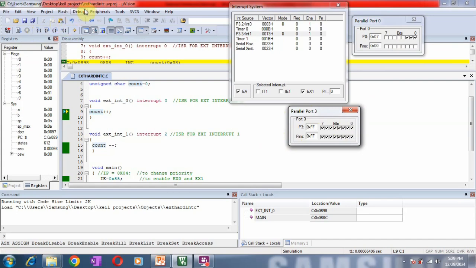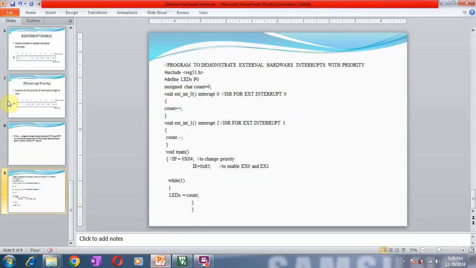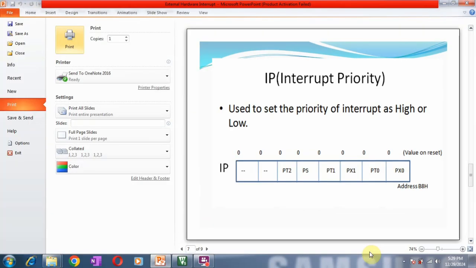But if you want to change the priority, then in that case you have to use the IP register. So here I have shown you the IP register. Now here you can see in this case I want to change the priority to PX1. That means I want to make it equal to 1.